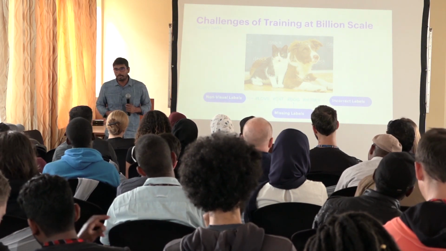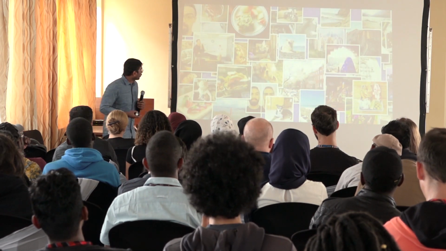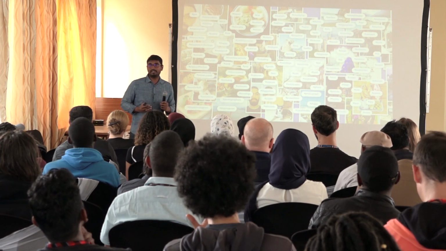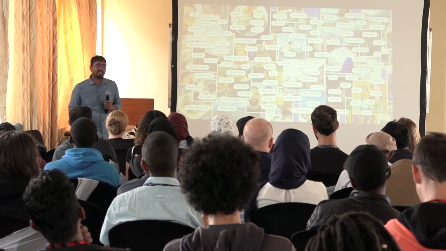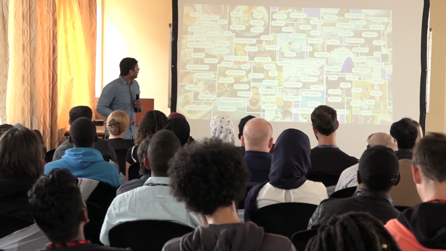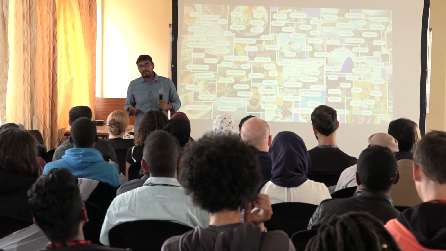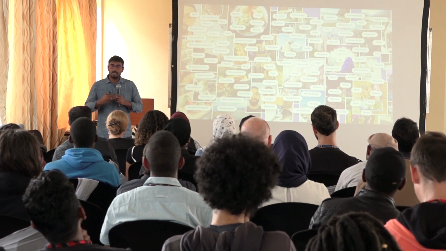This is one of the core problems, and in this particular work we were trying to tackle that. So what we did is we took billions of such images, and each of the images can have any number of hashtags. We picked the first few hashtags. I don't remember the exact number, I think it's between 5 and 7 or 10. And many of those hashtags, you can imagine, some of them are visual, some of them are not. There is noise, there are missing labels, there are incorrect labels. How do you deal with it?